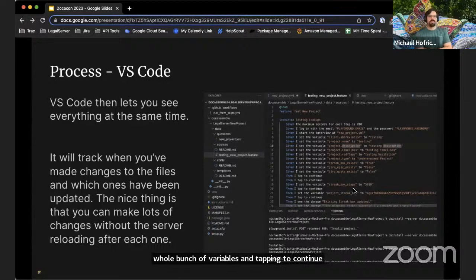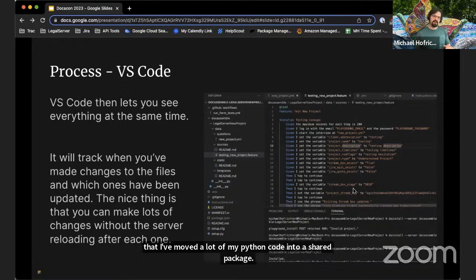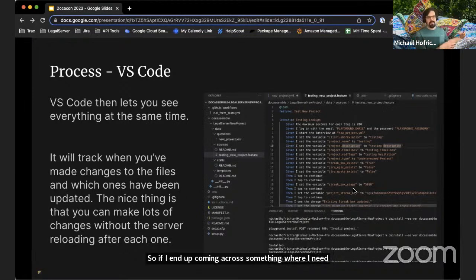The nice thing here is that Visual Studio Code will let you update multiple files. I can update multiple pieces of this. And one of the things that I've done for a lot of my work is that I've moved a lot of my Python code into a shared package. So if I end up coming across something where I need to update that shared package, when I was just